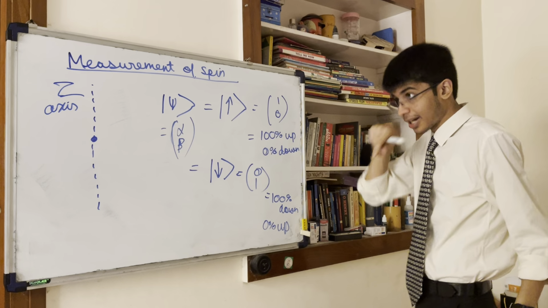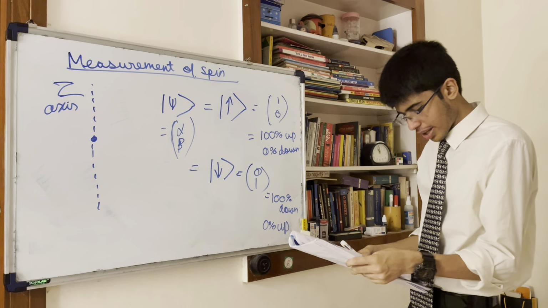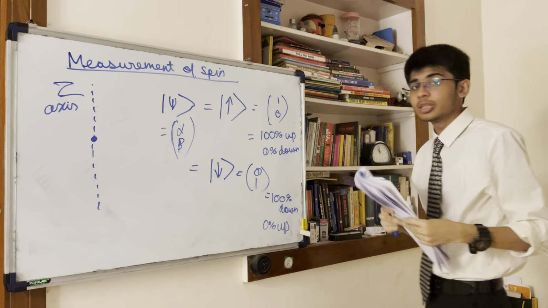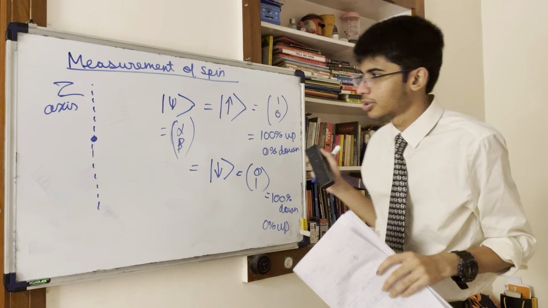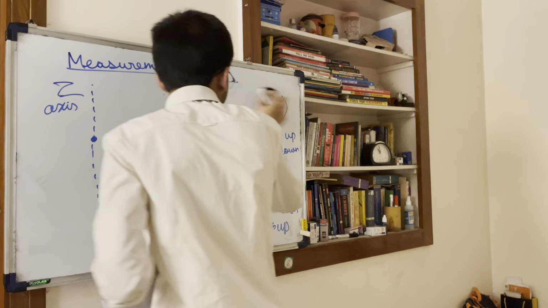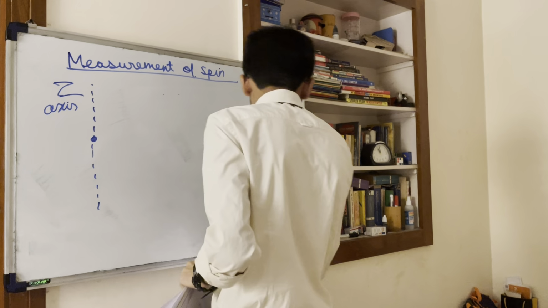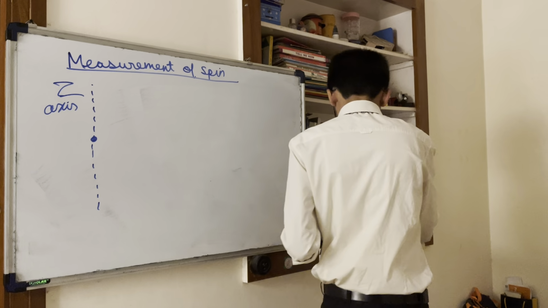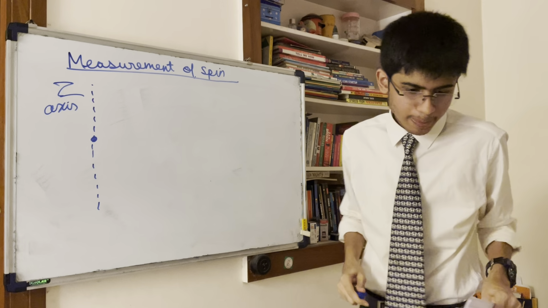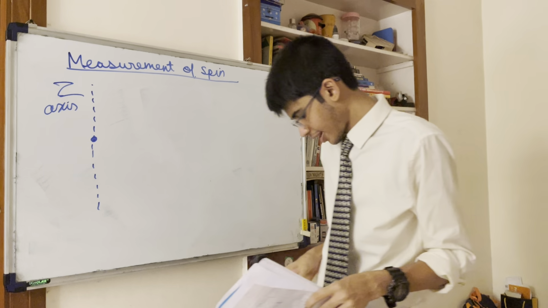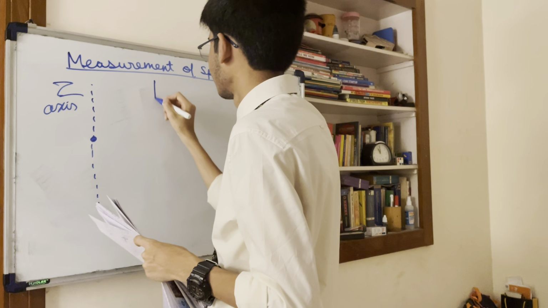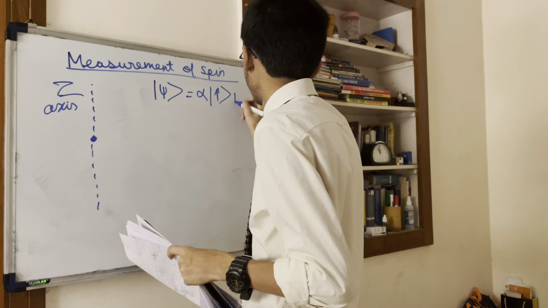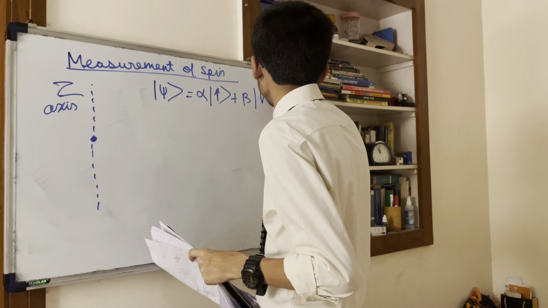Now, as we said, we'll talk about the theory as well. So we talked about experimentally what happens. Now let's talk a little bit about the theory of what happens. So if I express the spin vector psi as a linear combination of spin up and spin down,